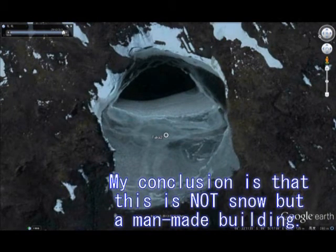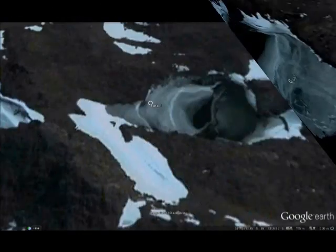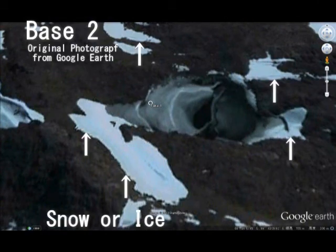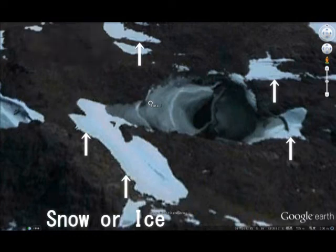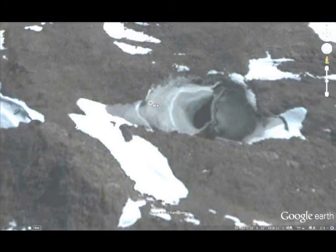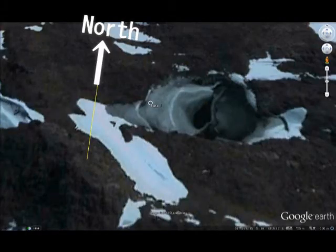And who is the man? You will know. Not human beings. This is evidence. And this is the second base, base 2, original photograph from Google Earth. And these are snow or ice which are surrounding the base. Be careful to watch the color of the snow and the color of the base. They are different. So this sort of base was constructed maybe with, we say, concrete or something